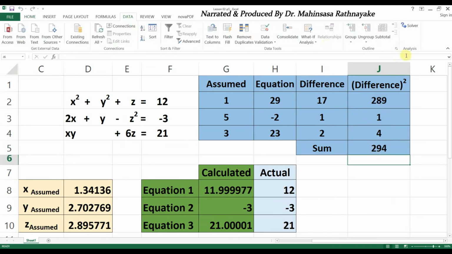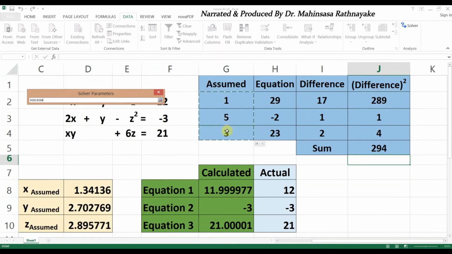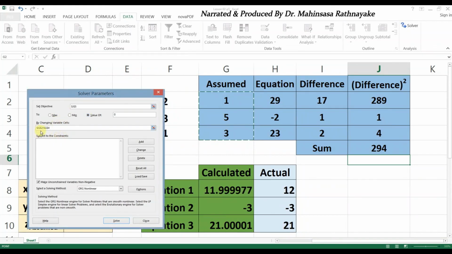We can use the Solver tool to change the assumed value cells so that the sum of square differences equals 0. This method is similar to the least squares method as well. Now we don't have to insert multiple constraints.